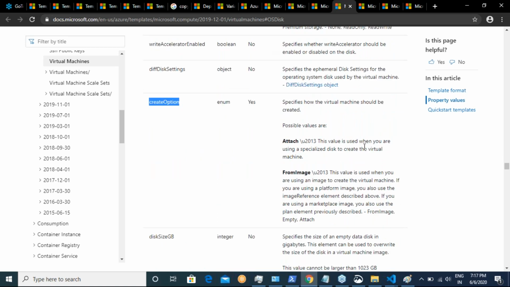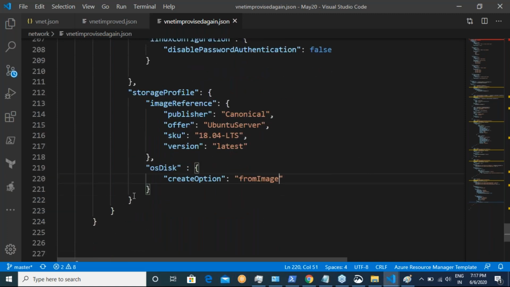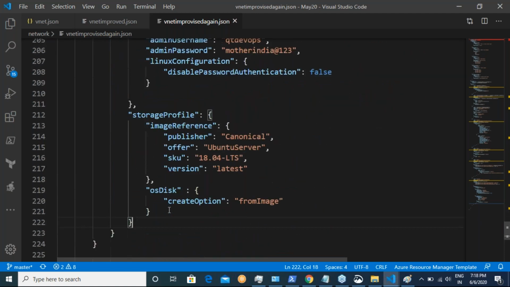So are you seeing creation option? And in creation option, okay, create option, you need to give the enumeration. Enumeration is attach and from image. So from image means whatever is present in the image, that disk will be created. That is the most easiest and sensible option for us to use. So create option from image. Okay, so our storage profile is also done, OS profile is also done, and then the last one